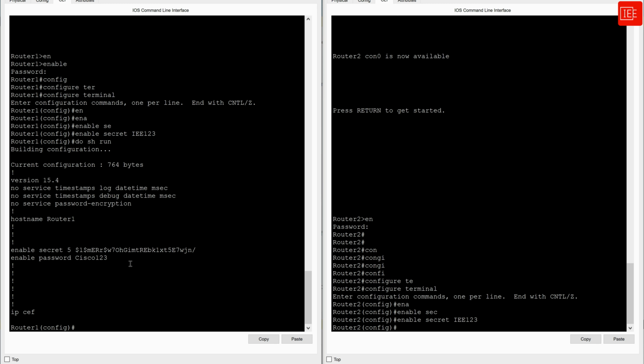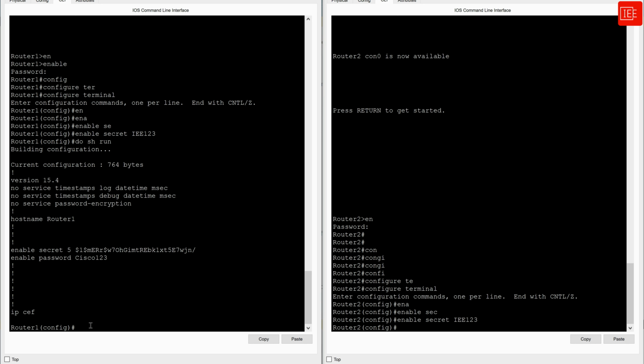This is because the enable secret password is encrypted using a stronger encryption algorithm compared to the enable password, making it more resistant to unauthorized access. And because of that, even if both passwords are configured, only the enable secret password will be used for authentication